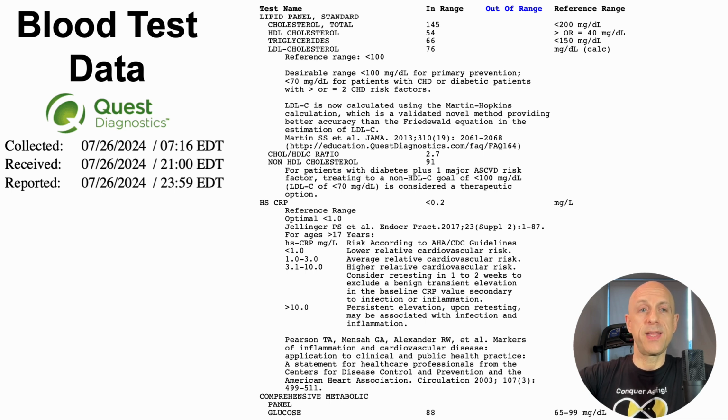And one reason for that is you can see that I blood tested in the morning, 7:16 in the morning is when the blood was drawn, and results were available within 24 hours, which to me is just fantastic. Just going to my doctor in the past, the results take probably about a week, which is just too slow. Now, to do that,